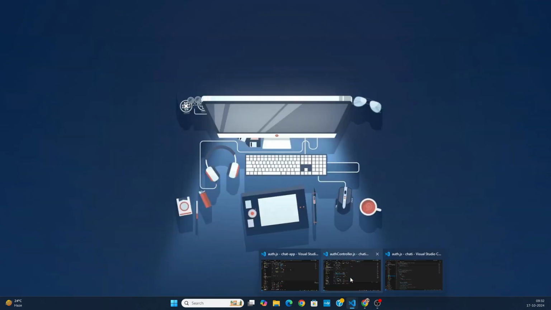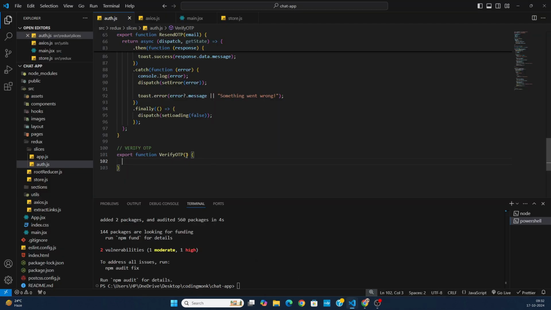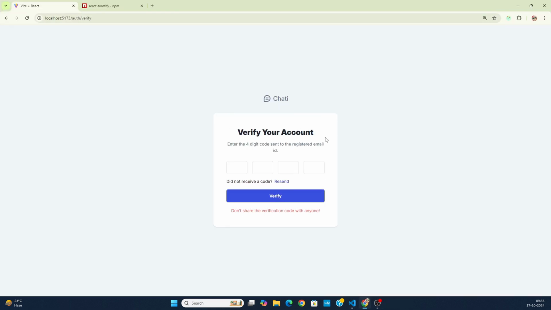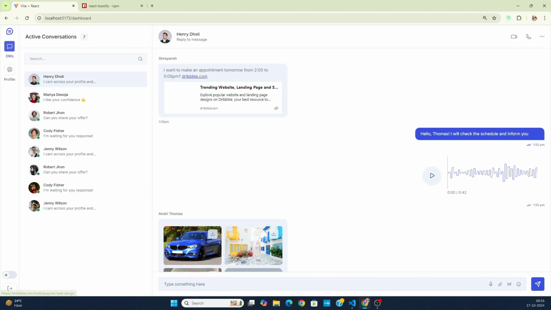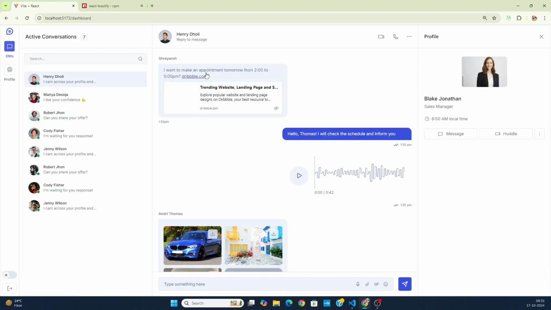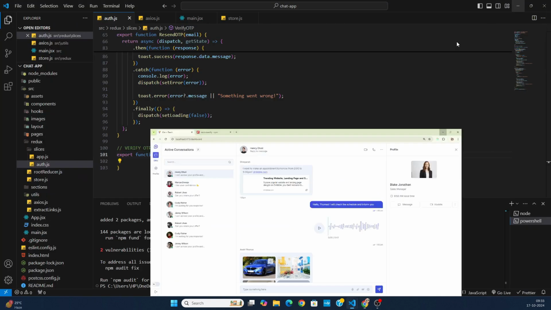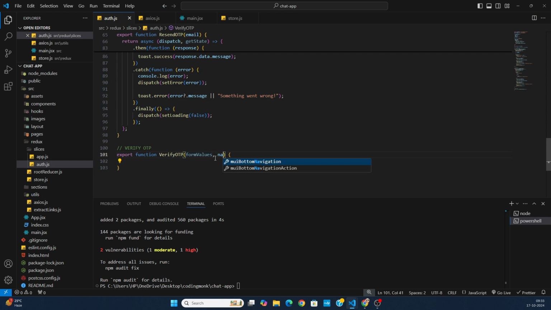So let me just open up my code editor, and here we are going to get the form values. Form values is an object which contains the OTP and the email. Along with that, when the user successfully verifies their OTP, we also want to send them to the dashboard page, where they can start chatting with the other people and start making calls. So in order to do that, we are also going to get the navigate reference